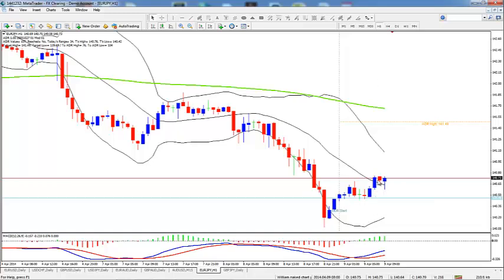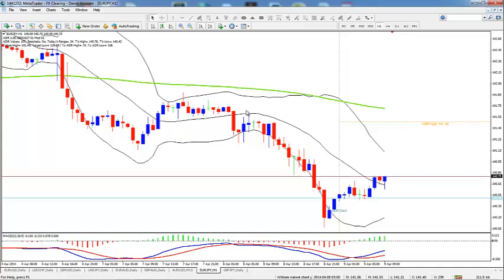And you can see we do have some higher highs and higher lows, but now it's come down and spiked that. Now it's bouncing off this center Bollinger Band, which is the 20 simple moving average. So I'm expecting this to continue to the downside, and I'm only looking to take this to the downside. So apparently the market, being that this is showing yen strength in this pair, that the market is okay with